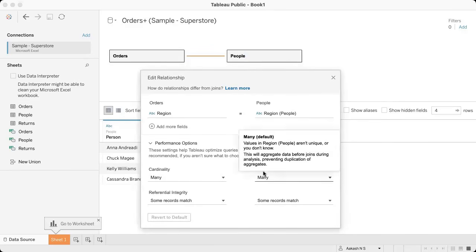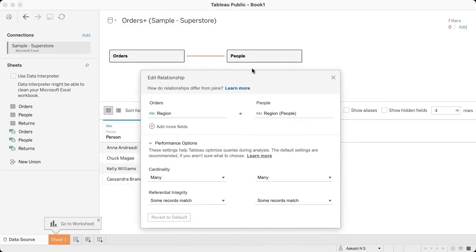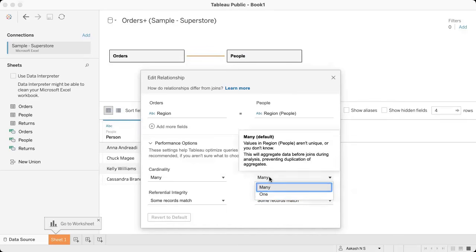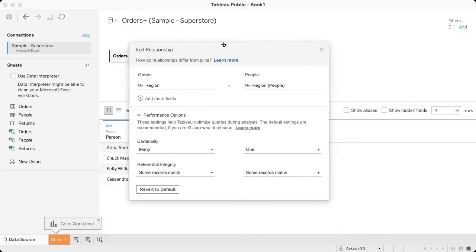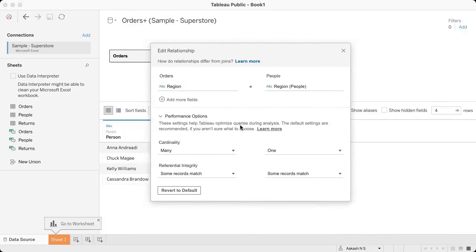Now, here's what I can say: in the people table, every row or every region occurs only once. But the same regions can occur many times in the orders table. So here I can actually select one, and that will just make the performance of Tableau a little more efficient. It won't matter for a small Excel sheet that we're working with, but you may have to think carefully